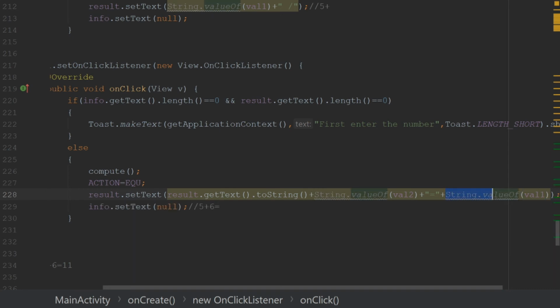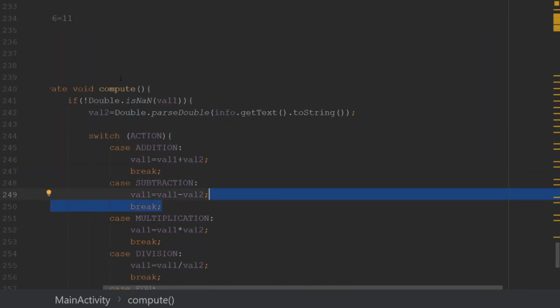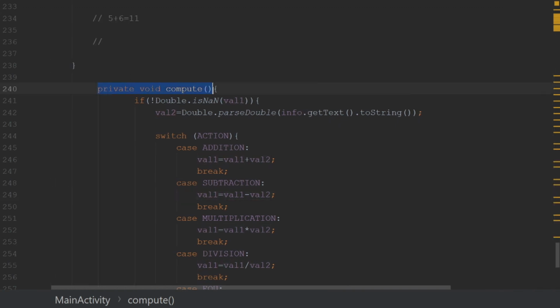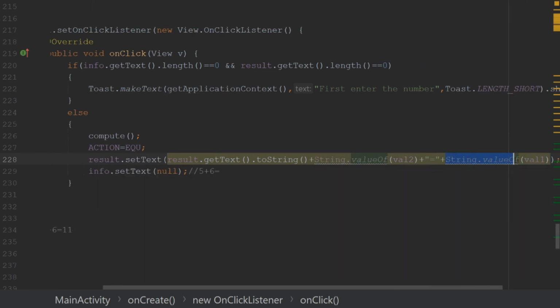Here you can see, after doing the addition of value 1 and value 2, we keep the answer in value 1. That's why we use string dot value of value 1. So it will show 11.